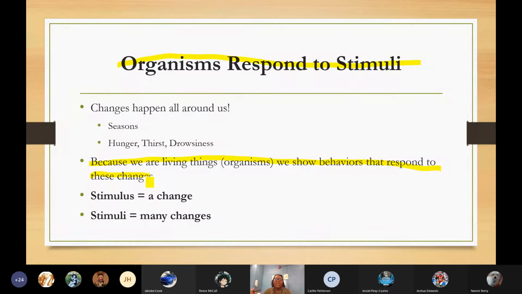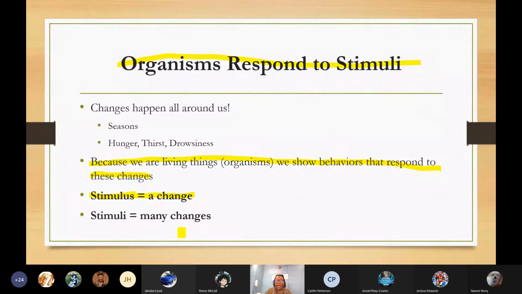We're also going to dig a little bit deeper and talk about how plants respond to changes, how animals respond to changes. You're going to see this word that Miss Neville's going to use often, stimulus. Now, don't turn your mic on, but try to say that word for me, stimulus. Yeah, a stimulus is a scientific word for change. A stimulus is a change, okay?